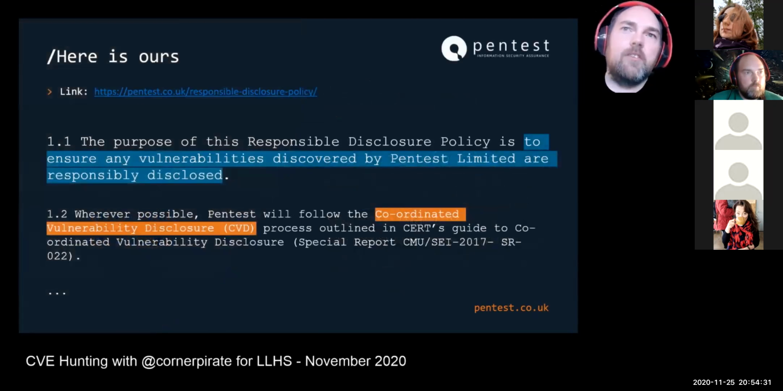Here's ours. So there are various ethical disclosure policies, and we have one so that when we're disclosing to a vendor or a vulnerable project, we can link them to it and say, this is our process, you're agreeing to our terms. Suck it or see. That's it. 1.1, very first paragraph. The purpose of this responsible disclosure policy is to ensure any vulnerabilities discovered by Pentest Ltd are responsibly disclosed. Strong opening. Baller. 1.2, wherever possible, Pentest will follow the coordinated vulnerability disclosure process outlined in CERT's Guide to Coordinated